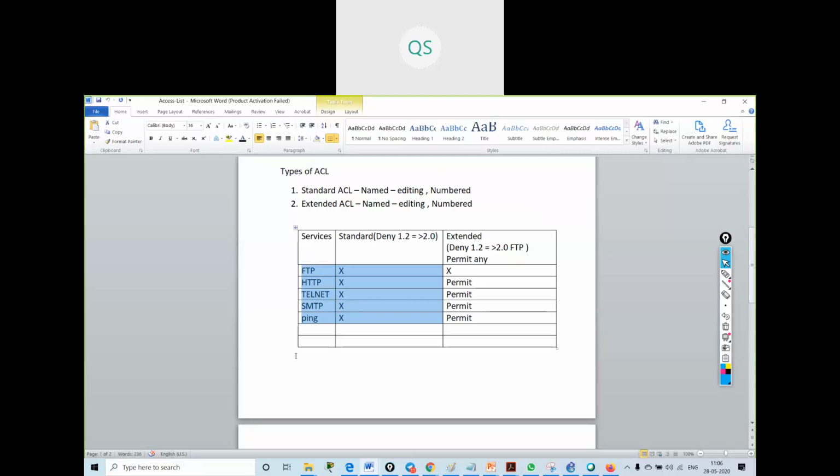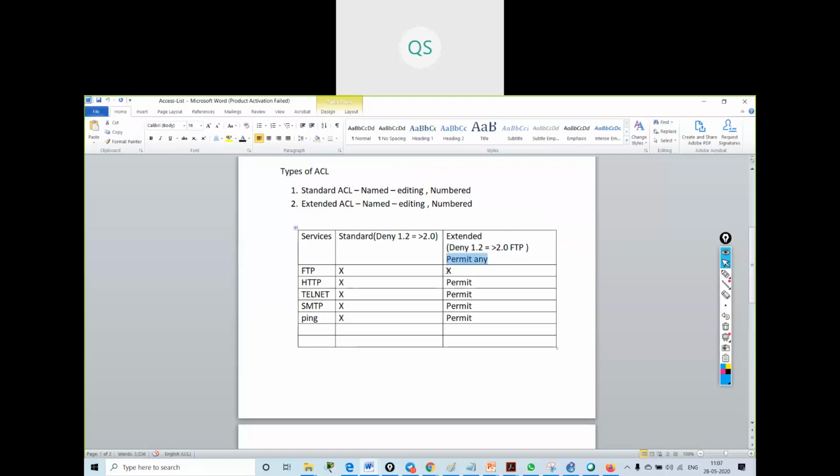But in extended, we have a feature that we can specify that we want specific traffic to be denied. So in this example, deny 1.2 to reach the 2 network and deny FTP service and permit all.